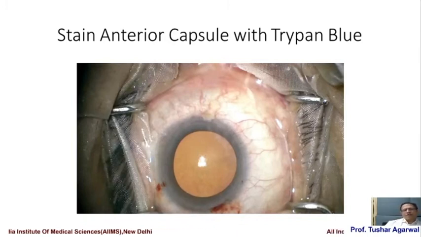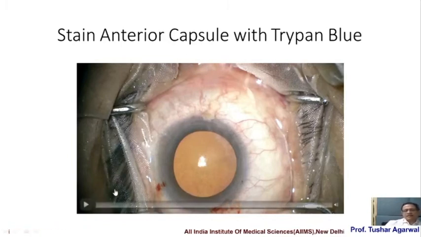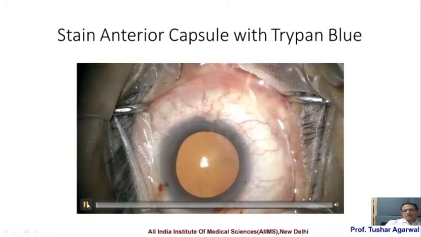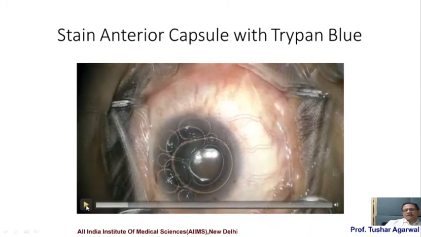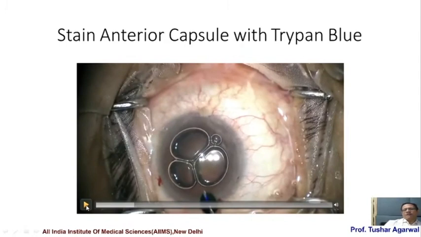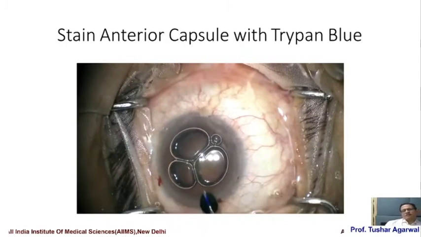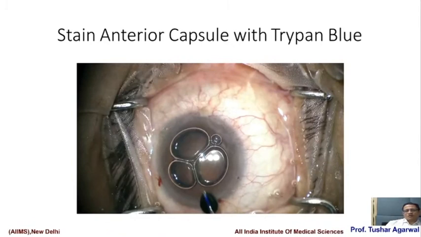Also, after you implant the IOL, you can visualize the capsular edge very nicely. So the recommendation is that, especially in the learning curve, capsule should be stained in all cases, even if there is good retro illumination. So a couple of pointers in this. The staining is done under air. Now there were initial concerns about the effect of trypan blue dye on the endothelium, but now that we have DMEK going, and as corneal surgeons, we actually soak the DMEK lenticule for a minute or even more in trypan blue. So I don't think that is any longer an issue.